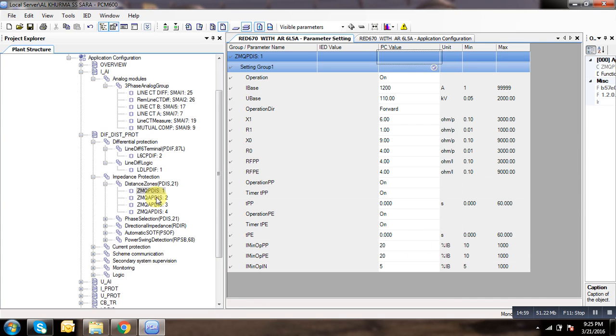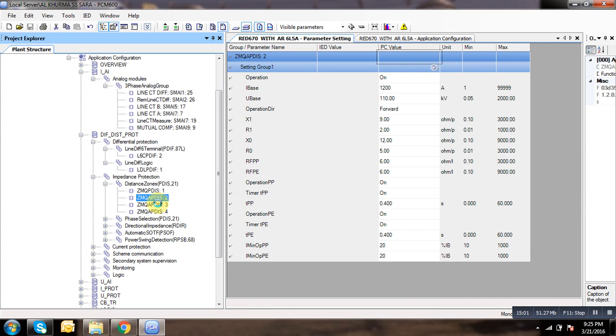Distance, reverse, forward, reverse. Okay, these things are settings. This is normally the putting settings. So if you want to see application configuration,